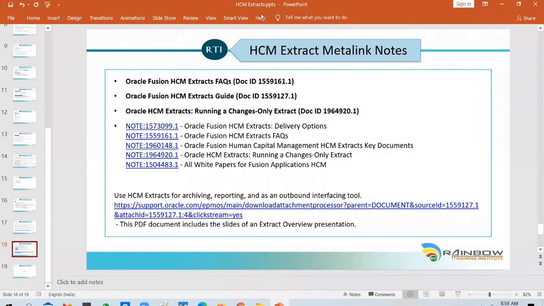Let me share this PPT with everyone in the chat, because the PPT I shared earlier doesn't have a couple of slides that I am showing today. Please copy the PPT, guys, and we'll meet again tomorrow at the same time.